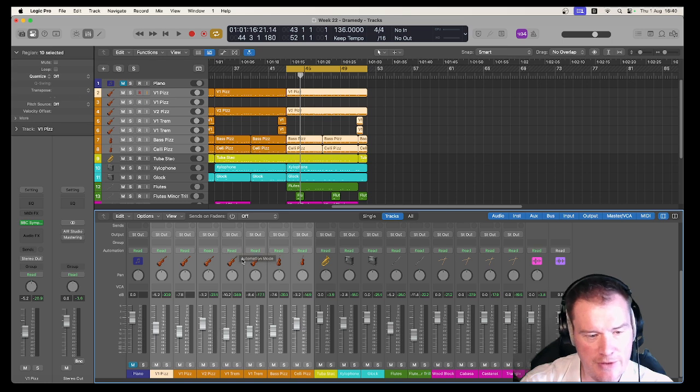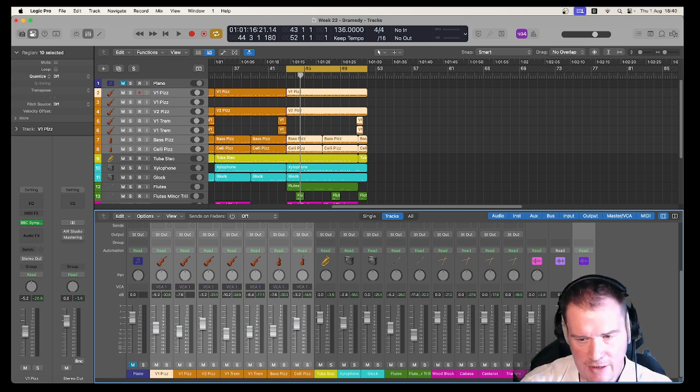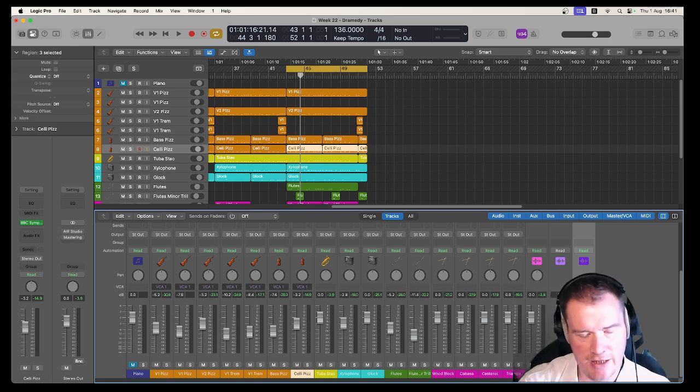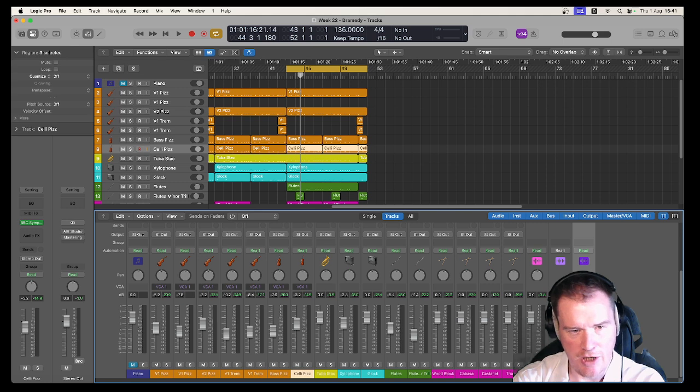If I want to do it with a VCA, you can right click in a grey area and click create new VCA. Then it shows us VCA 1 over here on the right hand side. So I can call that string volume because that's what it's going to do. If I start playing back this track,